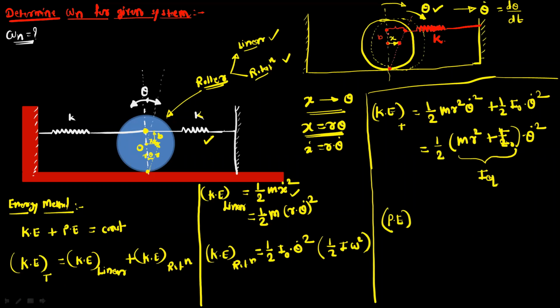Now to find out this deformation, it is the same for this spring also. The only change is that it will undergo extension, because initially it was connected here. So this point will shift toward the right side. So this is the deformation or extension of this spring, and this is the compression. So we have to find out this distance. So I will draw a separate diagram.